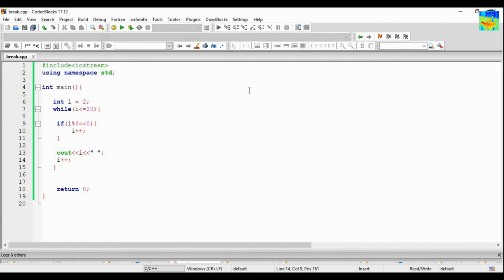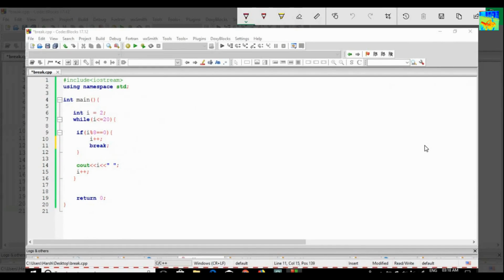Now let us use a break statement here. For example, I++, then I am using a break statement. So what will happen? This condition will become true when I becomes 8.